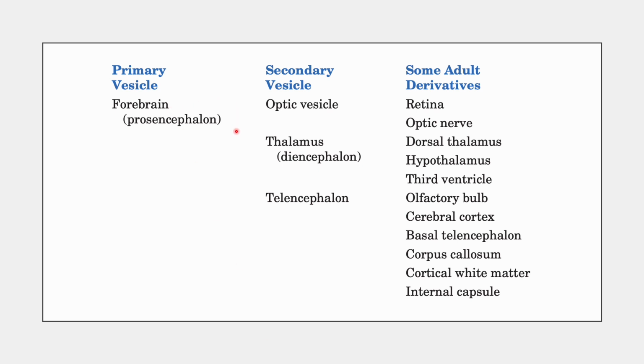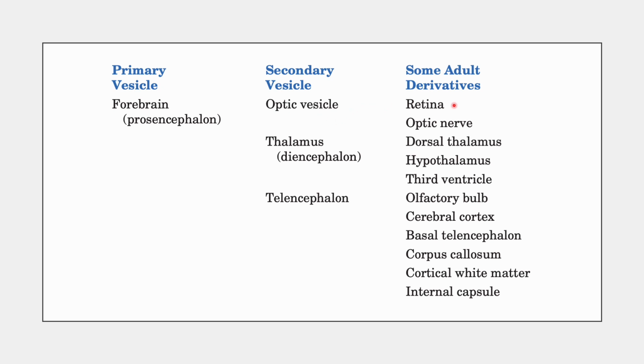So the forebrain, also known as the prosencephalon, has 3 secondary vesicles that I've already introduced, including the optic vesicle, the thalamus, also referred to as the diencephalon, and the telencephalon. Remember that the telencephalon develops into 2 different bulbs, the telencephalic vesicles. Now, the optic vesicle,